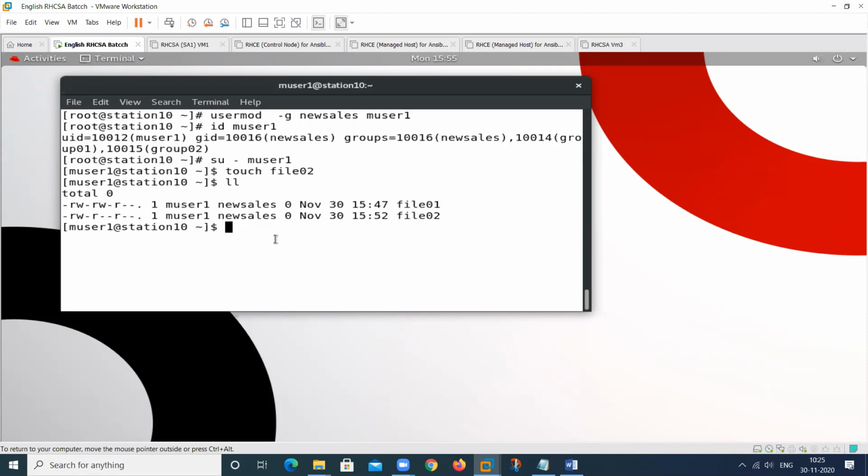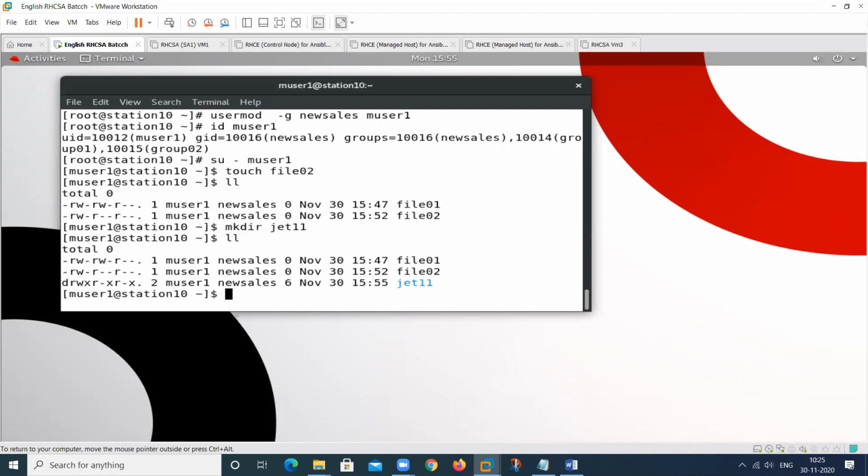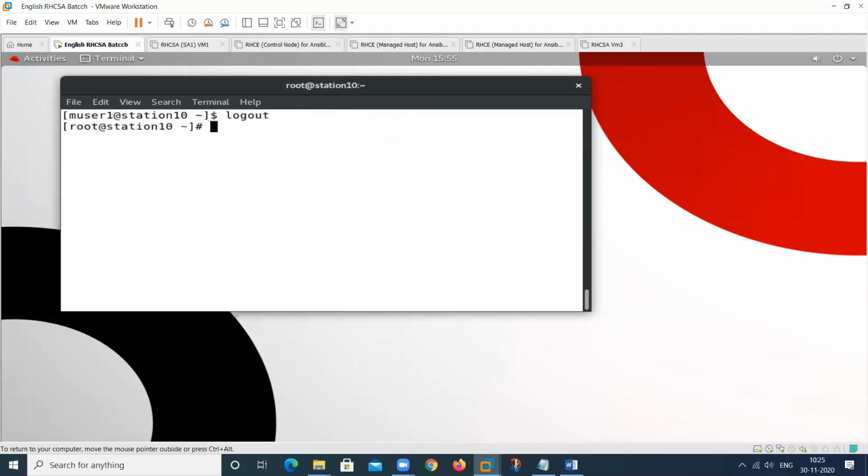Suppose you are creating this one, mkdir jet11. See here, what is your primary group? Newsales, this one. Suppose you are deleting this particular group, it will not be deleted. Try groupdel dev, that is newsales.